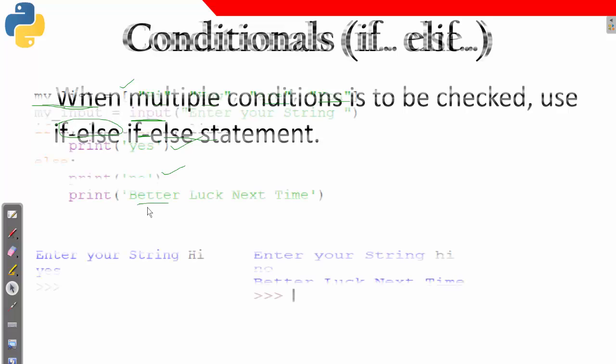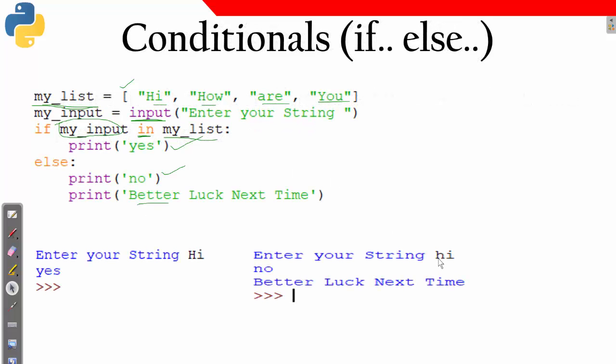And if I write hi with small h and i, hi is not a part of this particular list, it will print no, better luck next time.